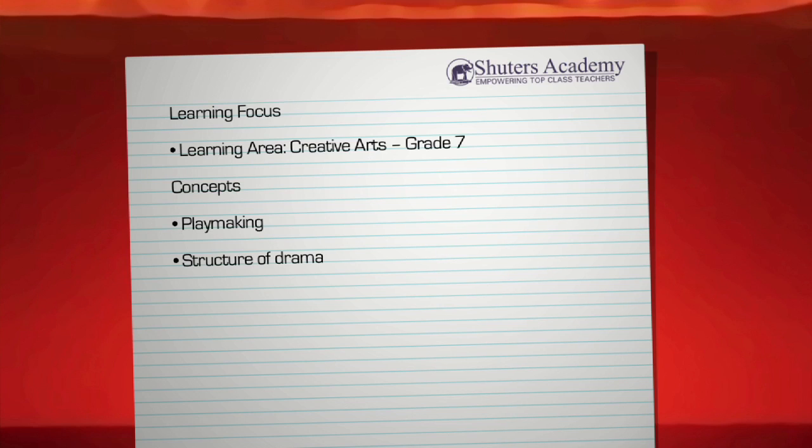This is a Grade 7 Creative Arts lesson that focuses on playmaking. The learners are challenged to create a play that deals with disagreement. This lesson begins with the teacher getting learners to explore disagreement. She arranges a group of learners in a tableau that depicts disagreement. The teacher then asks learners to get into groups and share experiences of conflict they have experienced. This discussion creates the groundwork for the play they will create later on in the lesson.